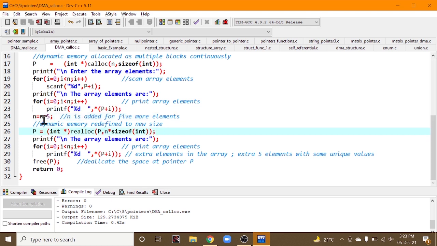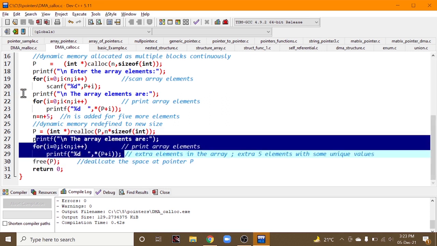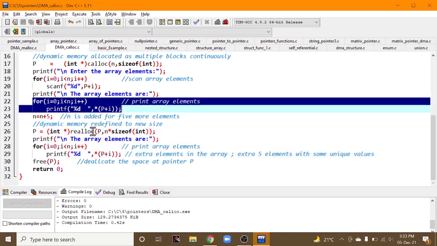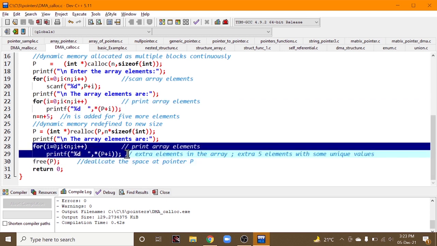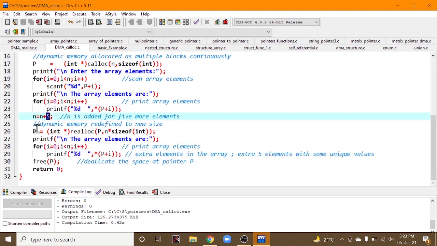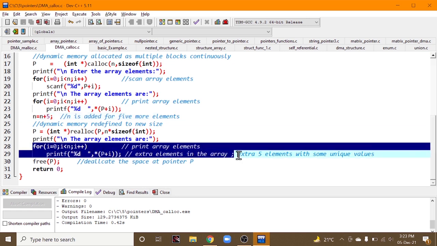That's why we have increased it by 5 elements, and written a realloc function which is assigned to this pointer p, and printed the array elements. Earlier we got only 5 elements, but here we got 10 elements, 5 plus 5.